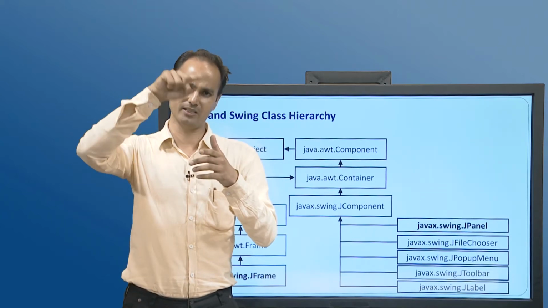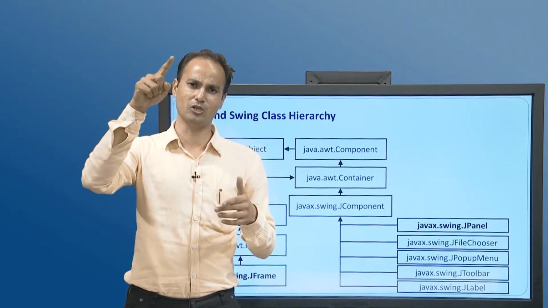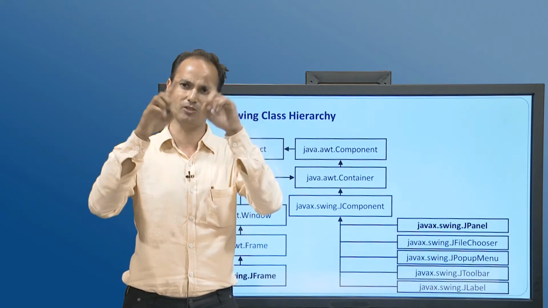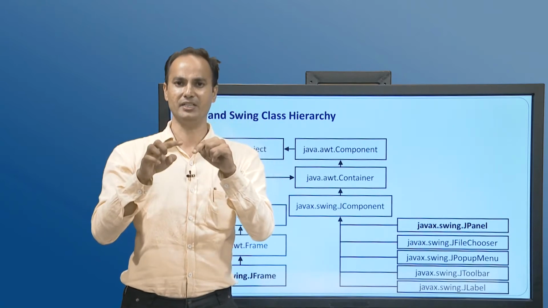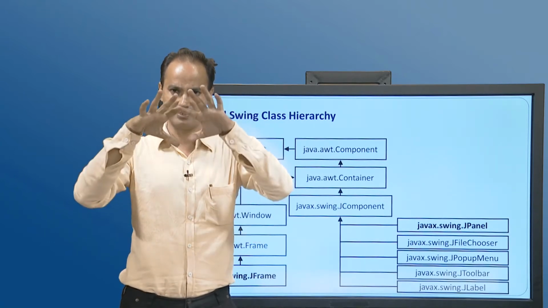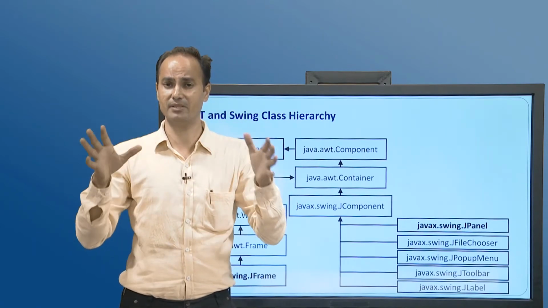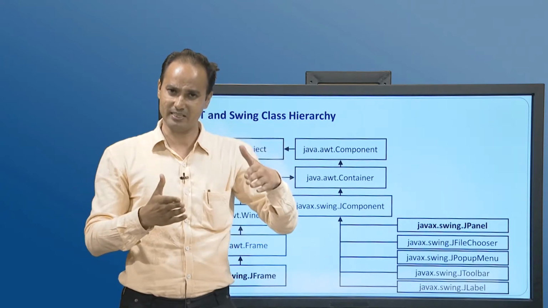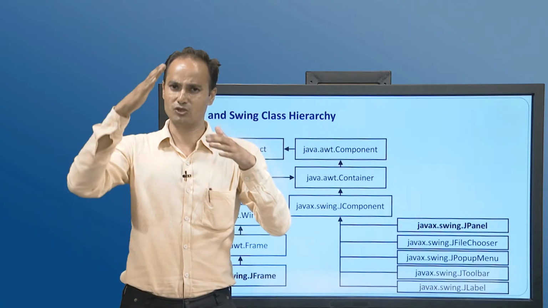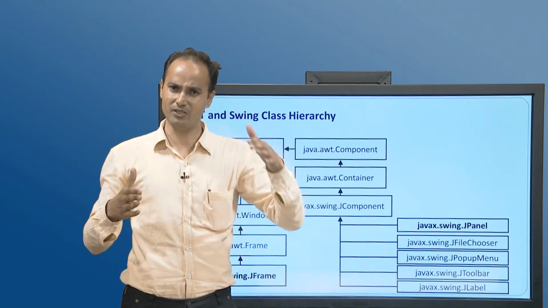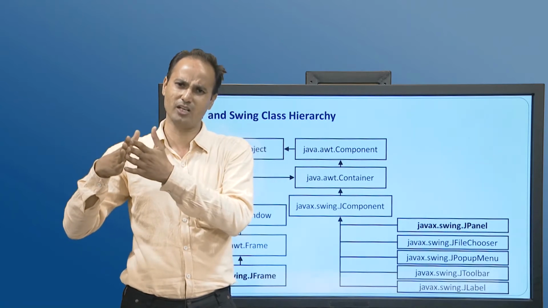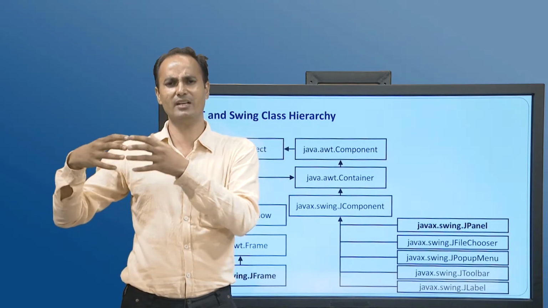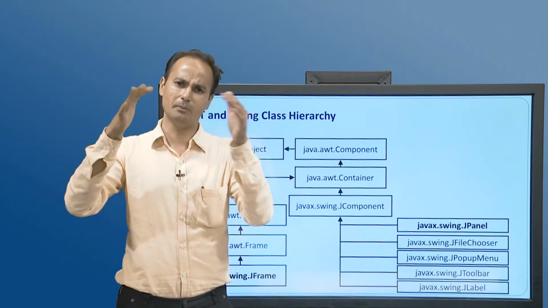Once again, we will come back from top to bottom. At the top there is the Object class. From the Object class we derive the Component class, from the Component class we derive the Container class, and under the Container another hierarchy begins, with different kinds of containers. On one side there is the Panel, and on the other side there is the Window. Panel is a different container and Window is a different container. Panel is a pure container that allows us to contain different components, but generally it is used as a sub container for the main containers.